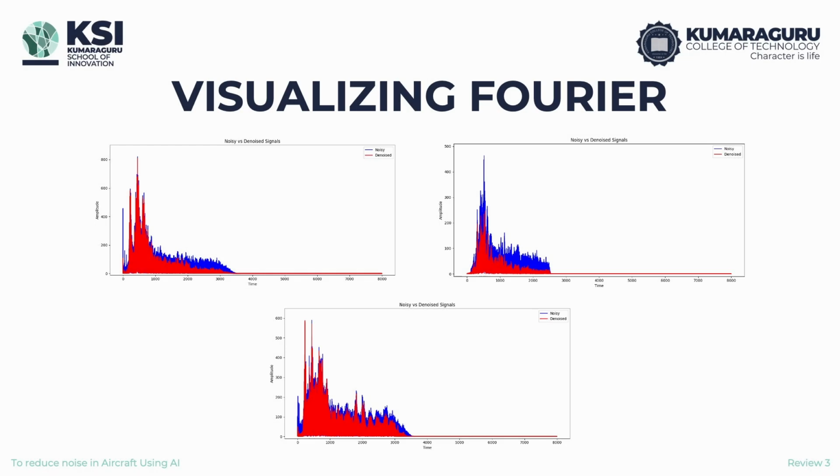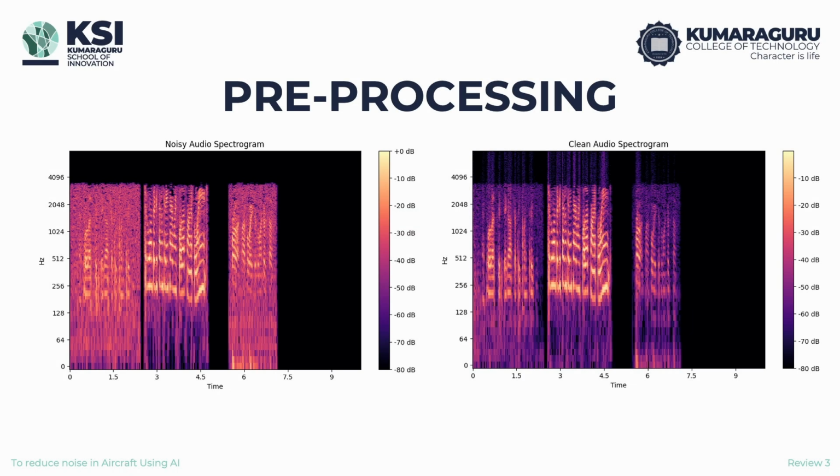We visualized the Fourier transformation of the audio signals to get an idea of which frequencies are getting reduced. We also know that computing time series data requires high computational power, and such high computational calculations cannot be done in real time, which our project aims to do. So we thought of going with a convolution model. What we basically did was convert every 10-second clip into Mel spectrogram images, so that we could feed the Mel spectrogram images into our model, convolve them and get the denoised output.